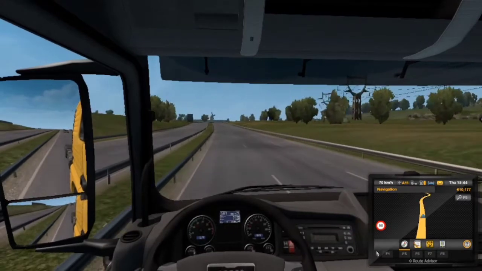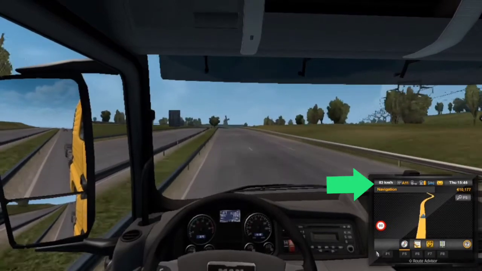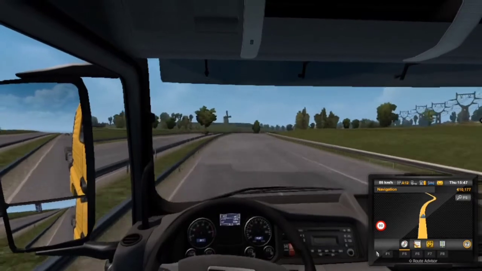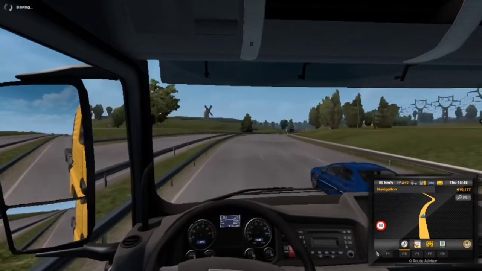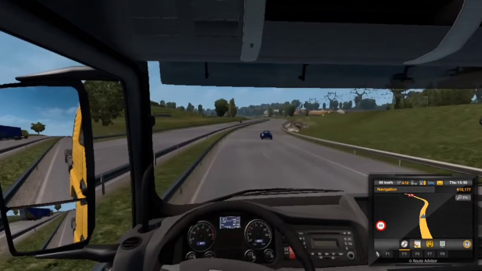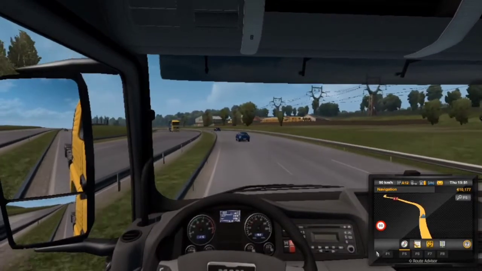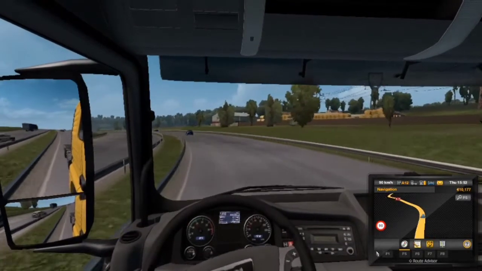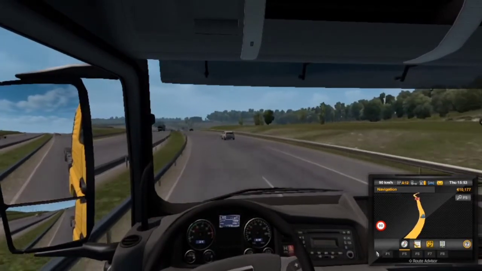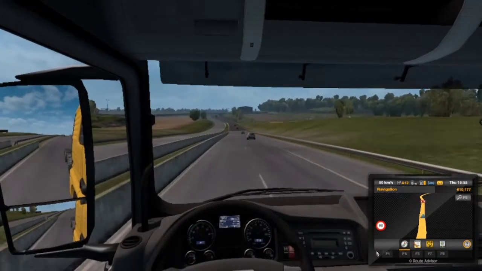And in the top left, in the current speed indicator, whenever you go beyond this 90 km per hour, you will be highlighted with the red color, which means it's a warning, you are going beyond the current speed limit. This speed limit will vary according to the places. For example, now I am on the highway, so the speed limit for my truck is 90 km per hour. If you are inside the city, the speed limit will be 50 km per hour. Whenever you cross this speed limit, you will be indicated with the warning.